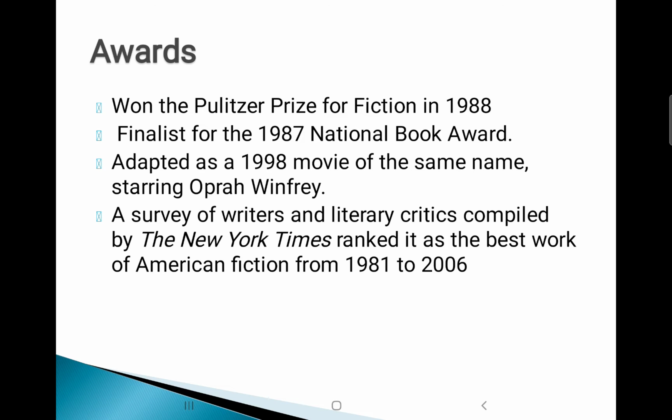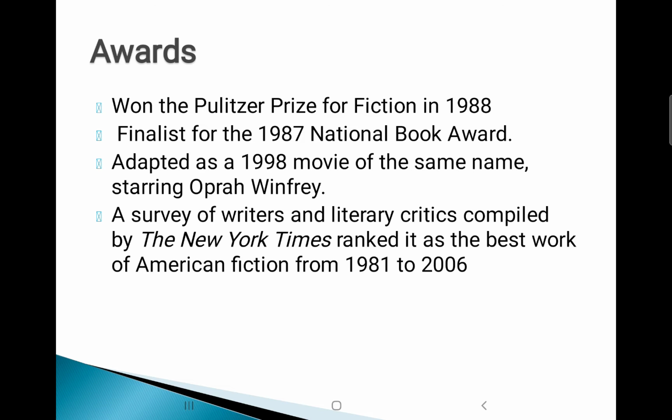Now this particular novel owns several prizes, awards and recognitions. This slide will focus on that. The novel won the Pulitzer Prize for fiction in the year 1988 and also was a finalist for the 1987 National Book Award. It was adapted as a movie in the year 1998 with the same name, Beloved, starring